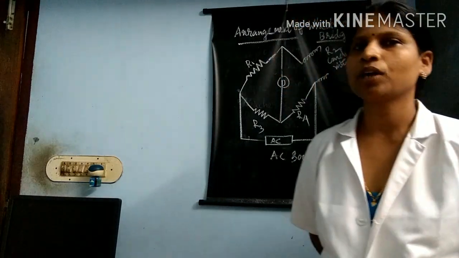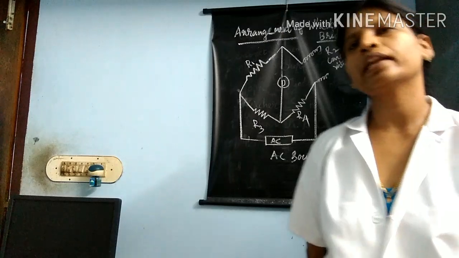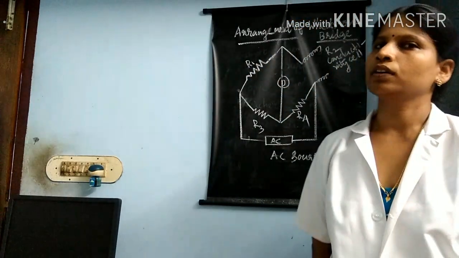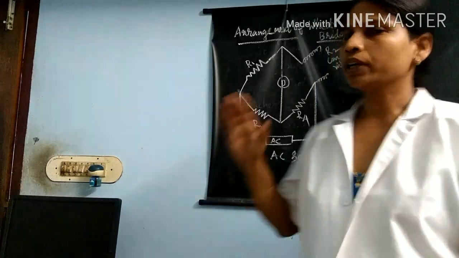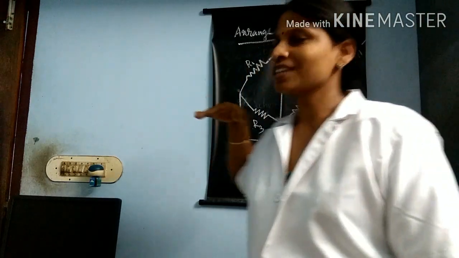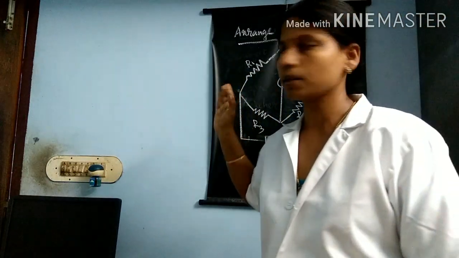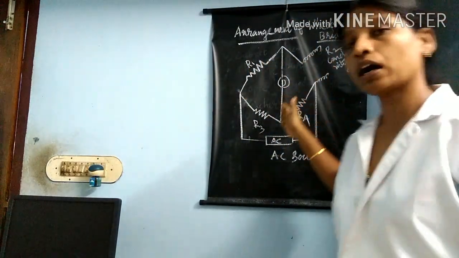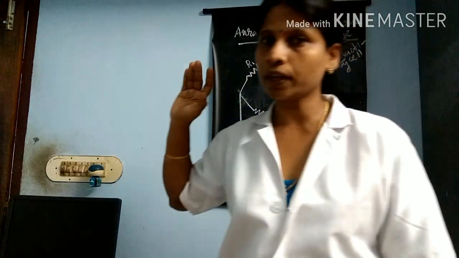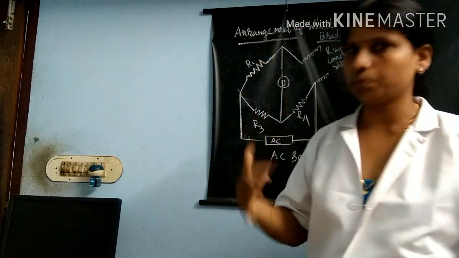We will study electrochemistry part 3. In this part, we are studying how to measure the electrical conductivity of solutions. Here we are using the Wheatstone bridge method. In this Wheatstone bridge method, you can see 4 resistances R1, R2, R3 and R4. Using this method, we can measure the electrical conductance of solutions.